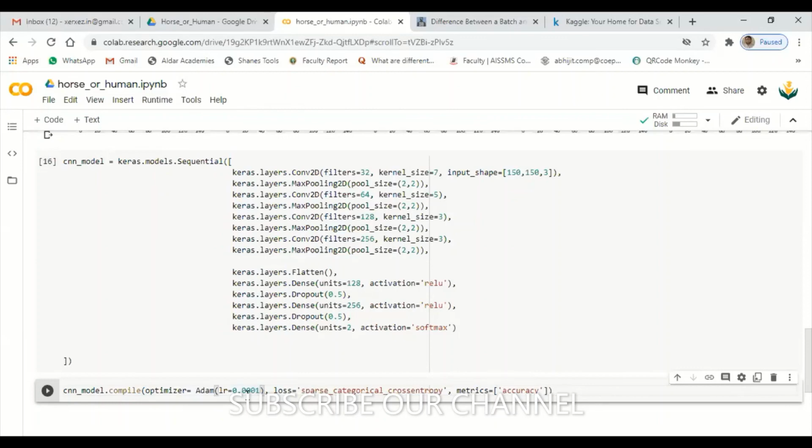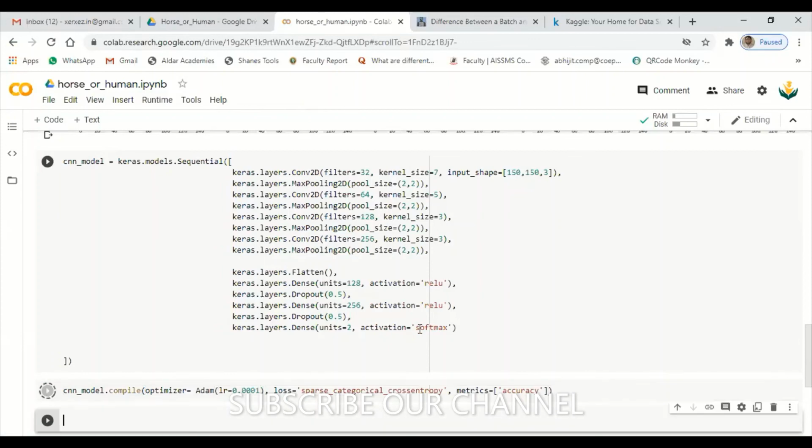Loss categorical cross entropy, which is going to calculate the amount of error present in the epoch. An epoch is nothing but the cycle of forward pass and backward pass. Metrics I want as accuracy. Shift and Enter. Yes, it got executed.